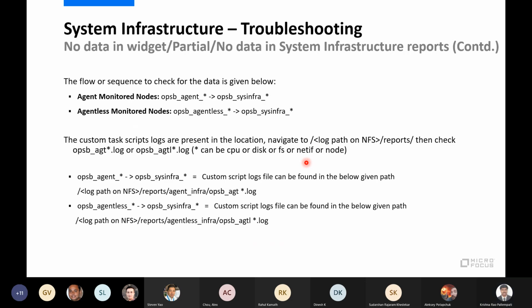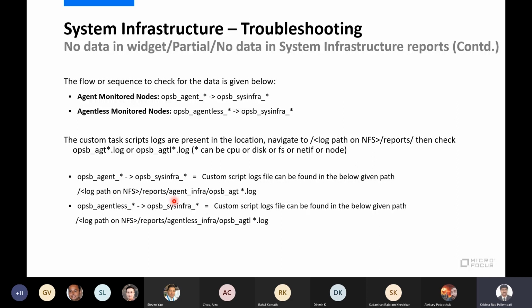We will see the agent tables first of all, and then whether the data is moved to the common tables or not. And as I mentioned, there are small custom task scripts, custom Perl scripts. We'll see whether the agent tables are moving to the sysinfra tables, or agentless data is moving to the sysinfra. Both the tables will have a common table.